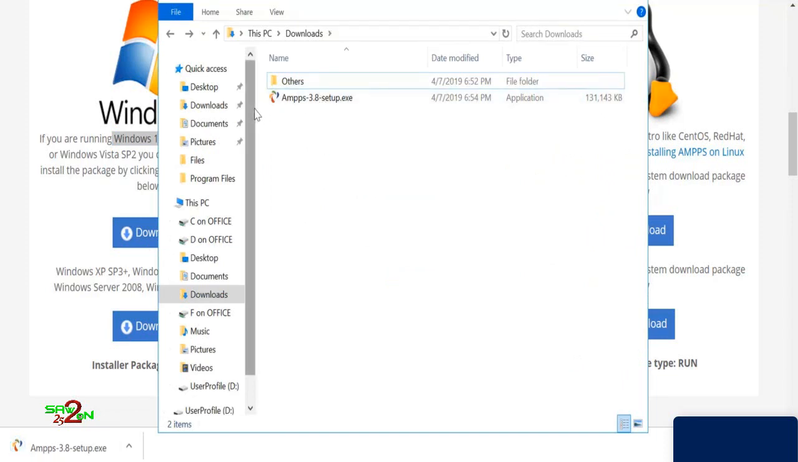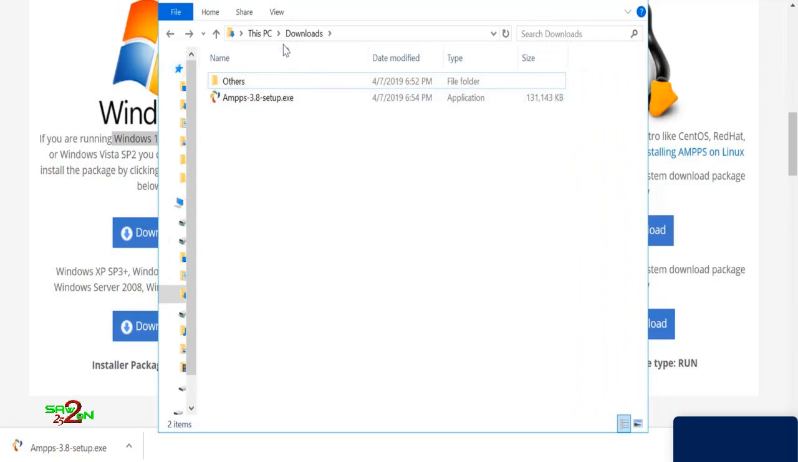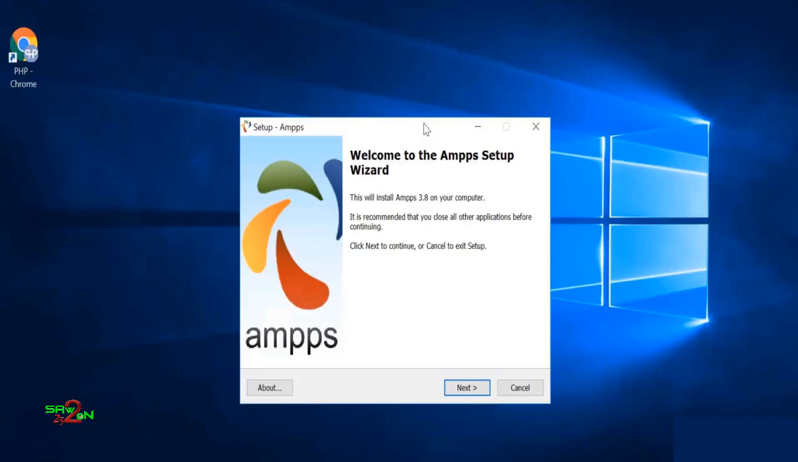Typically when you download from Chrome, it will be available in the downloads folder. Just double click it and then we'll start installing the software. Okay, so let's install our software now. This is the welcome AMPS setup wizard page. I'll click next,